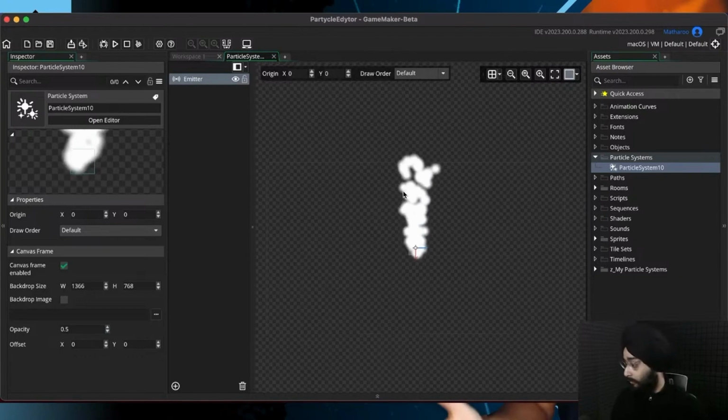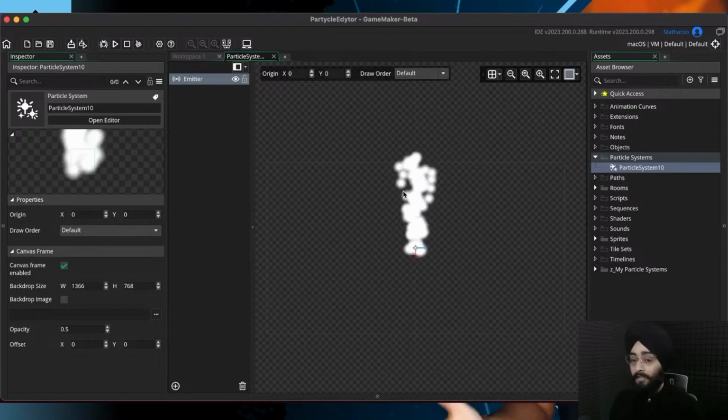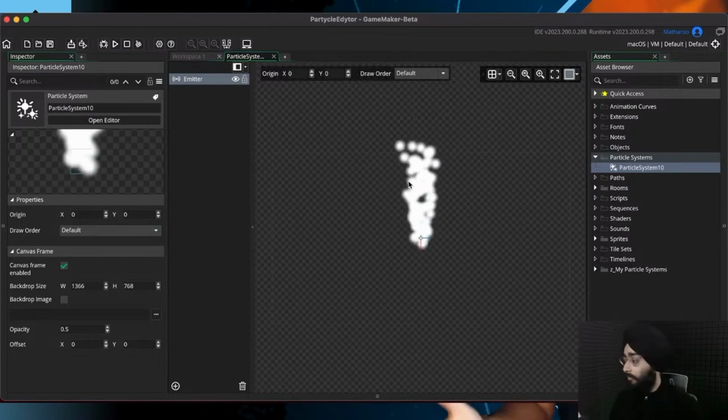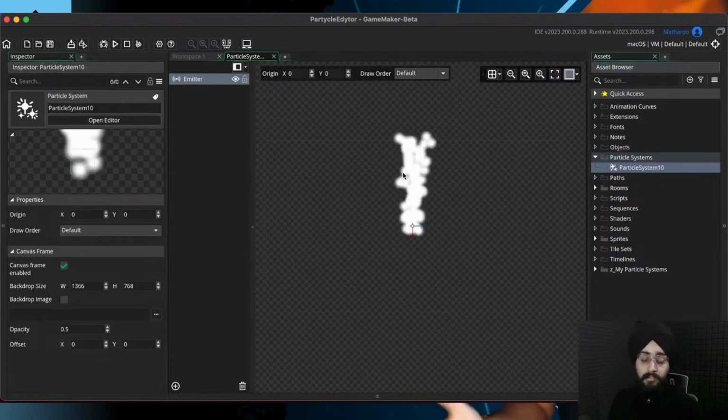And if you want to play around with it after the stream, you can go to the beta. It's linked in the description. You can download it, and anyone can access it. You don't need a subscription for it. So you can just start with the beta, and it should be in the normal GameMaker version by the end of this month. So that's the particle system that you see, the new asset that I made just here,